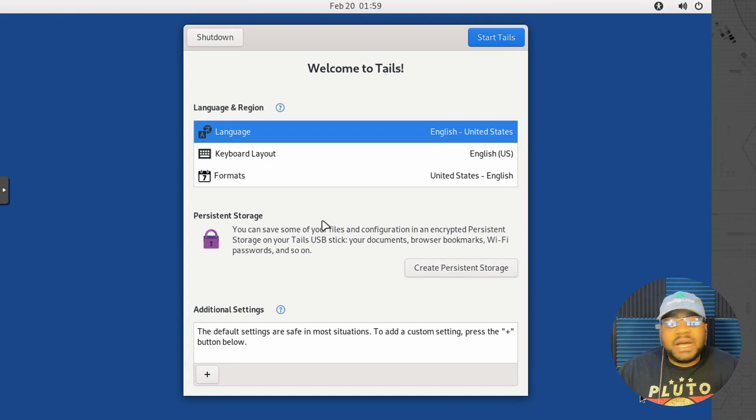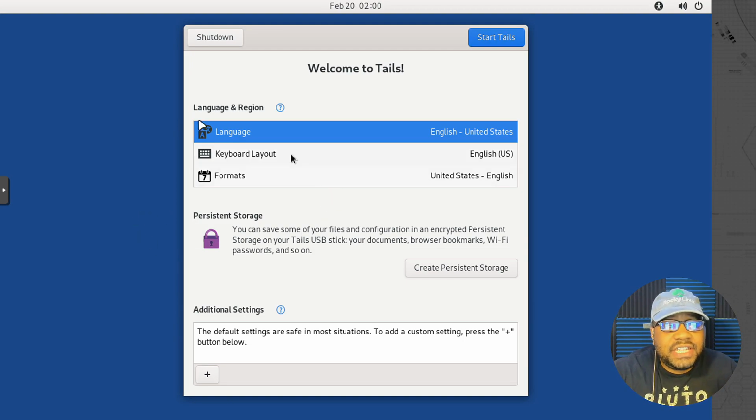And this will pop up every single time you boot up the operating system, just so you guys know, because like I said, this system is fully live. It's not saved in any way. You can't install it. It won't pop up with an installer, and it's made to run as if you downloaded it today, every single time.